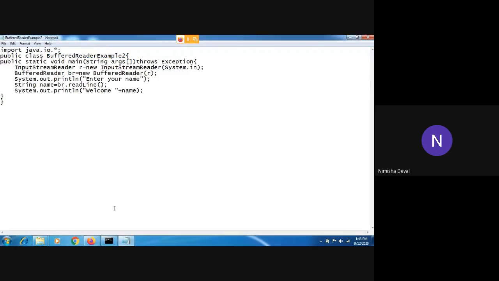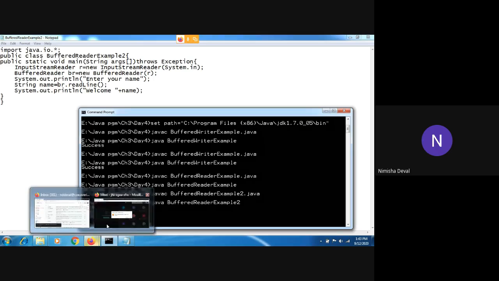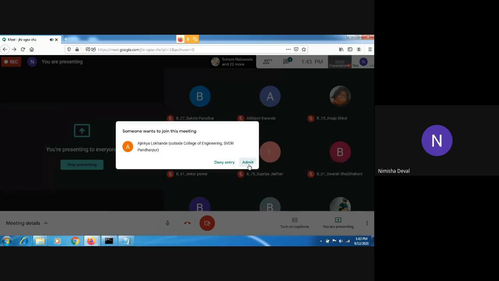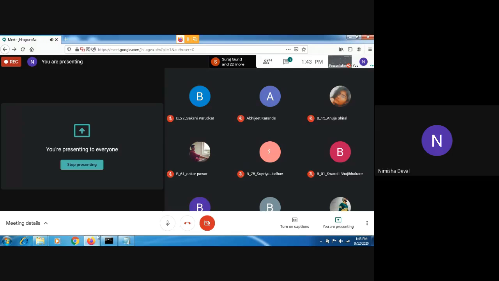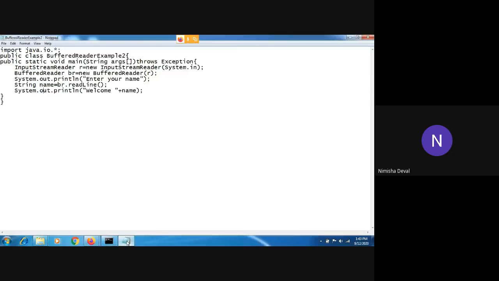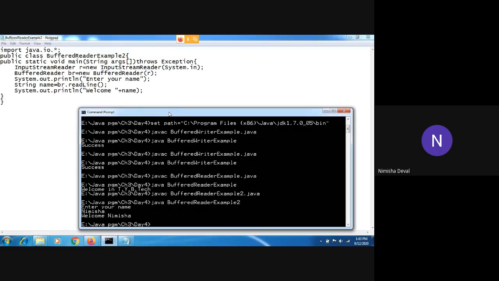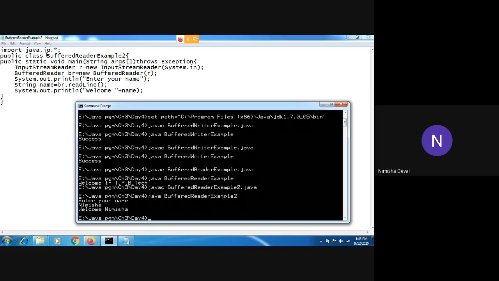So you can take its screenshot. This is a very simple program. We have first taken an input reader object. In that we have passed System.in. It is the same as what we write while making the object of a scanner class. The same process we have done only with the help of an input stream reader. So both ways are allowed. You can use any one of these.